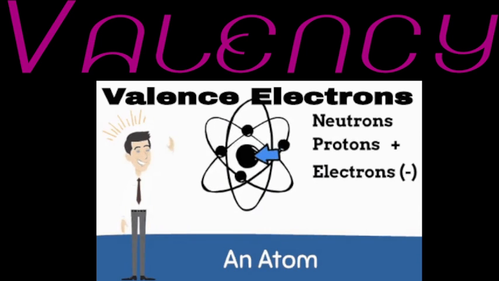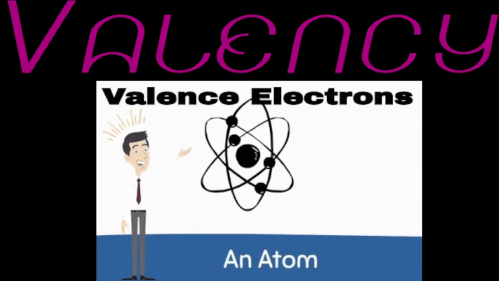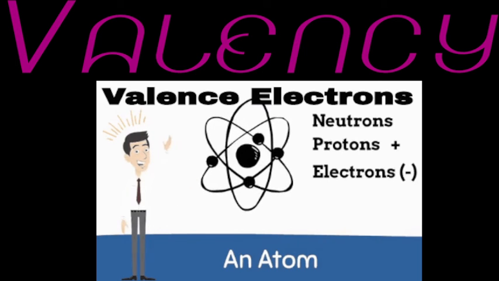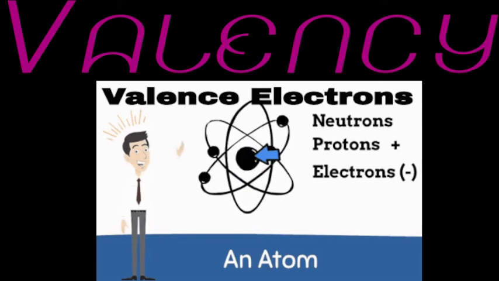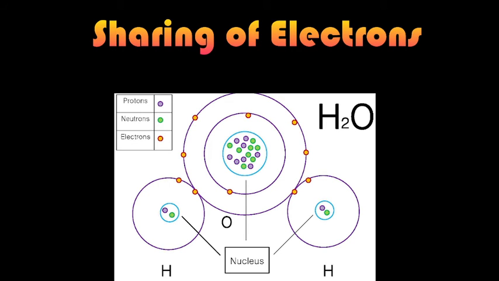Hydrogen can gain 1 electron to complete its K shell in 2 ways. In both these ways, molecules are formed. Now, the sharing of electrons. Hydrogen chloride molecule. The formula HCl shows that 1 atom of chlorine combines with 1 atom of hydrogen. Hence, the valency of chlorine is 1. The hydrogen atom has an electronic configuration of 1. The chlorine atom has an electronic configuration of 2, 8, 7.